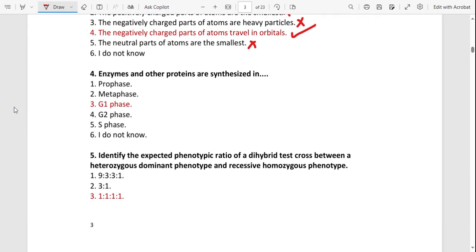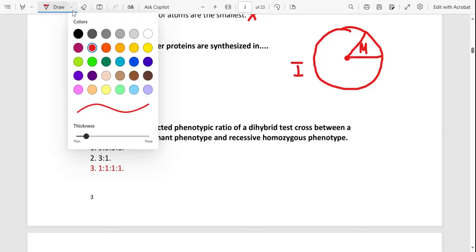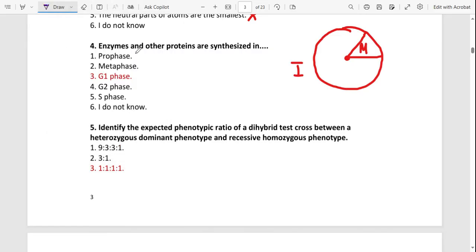Number 4, enzymes and other proteins are synthesized in. When you look at the cell cycle, here it is. The cell cycle is divided into two phases. You have what we call the M phase, and then you have what we call interphase. In the M phase, that's where you have meiosis and mitosis. You have prophase, metaphase, anaphase, and